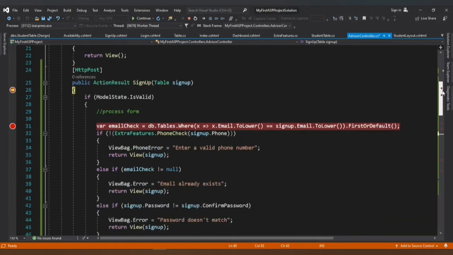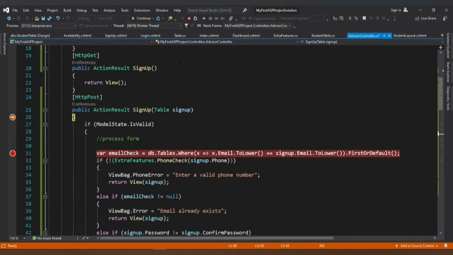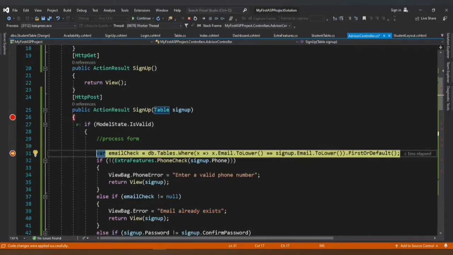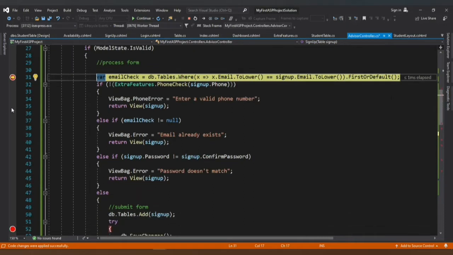So we still have a breakpoint here. Okay, so I'm going to put a breakpoint here to be sure that this saves. Alright, so let's continue the code and let's see how it moves. So because the model is valid, it comes in here, and let me put some breakpoints here, sorry,